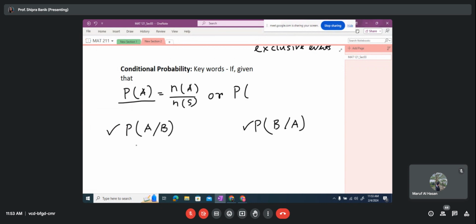I can write this one this way also. Given. This notation name is given. Then how are people reading it? People are saying: